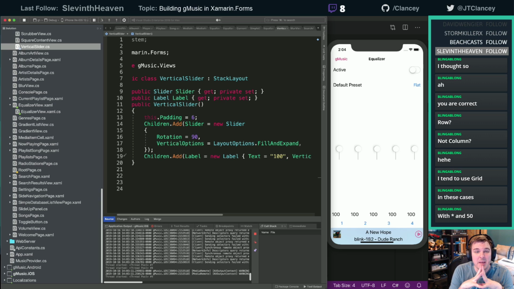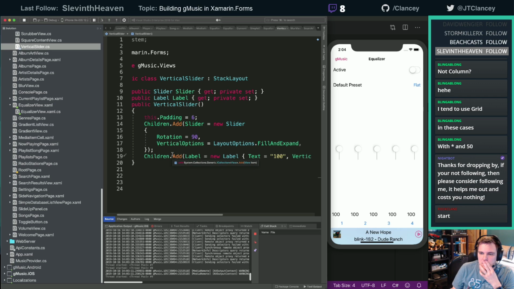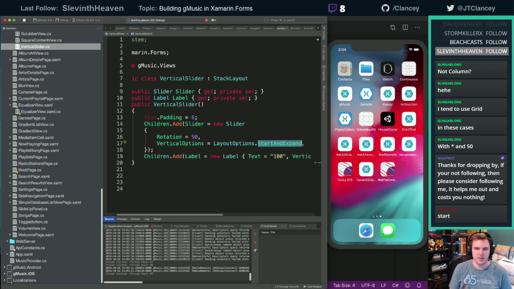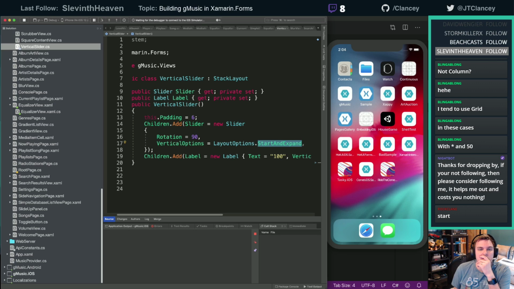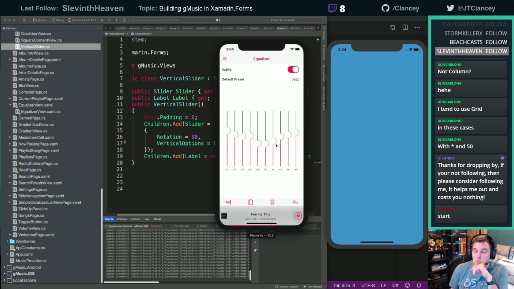This is one of those where I might make this into a XAML thing just because then I can hot reload as I'm tweaking it. All right, run that. Why are those so small? Start. Do I need to start and expand? All right, start and expand. We'll try that. And the vertical is not an issue. Do I have to do horizontal since I rotated that?